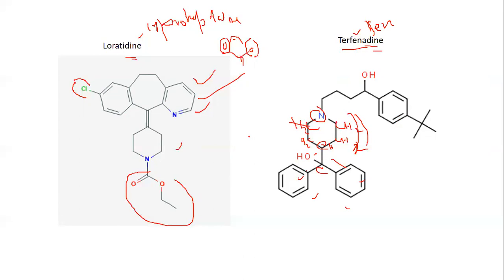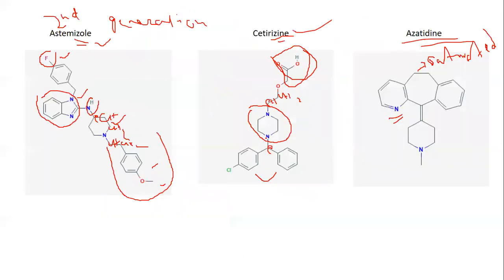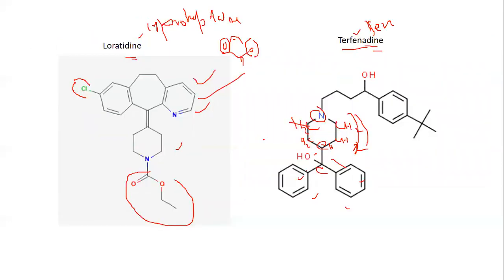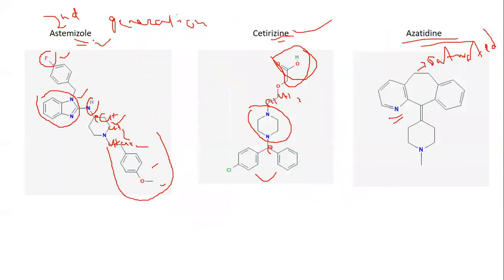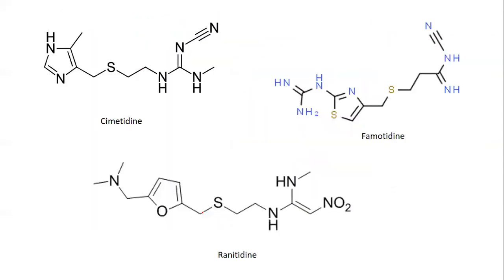So how can I remember the basic code? This is how: loratadine, terfenadine, cetirizine, azatidine, and azatidine and loratadine. So you know the cyproheptadine group of compounds having one pyridine. Like this, astemizole is an imidazole group containing compound. Okay, and then you have this propylamine. There, a fluorine side chain is there, astemizole. So these are the structures.